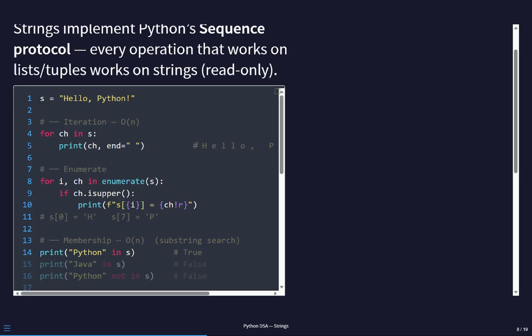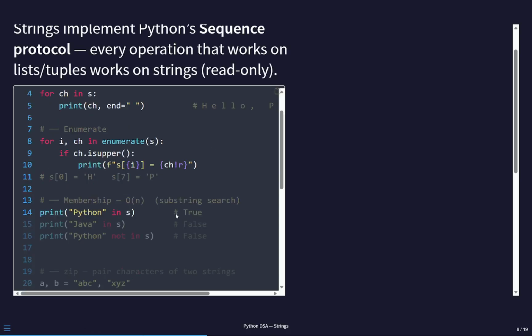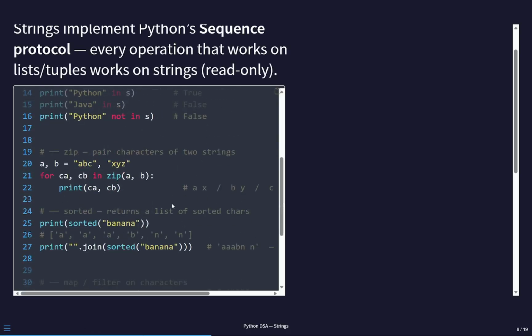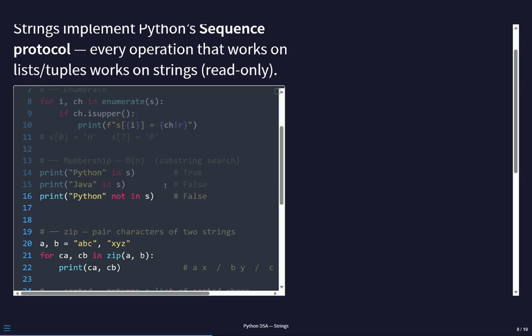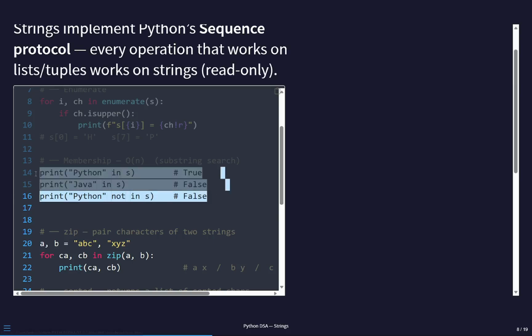Iteration with for ch in s traverses every character, O(n). Enumerate gives you both the index and the character simultaneously. Combining iteration with isupper lets you find all uppercase characters and their positions in one clean loop. Membership testing with in does a substring search, O(n) for a single character, O(n times m) for a multi-character